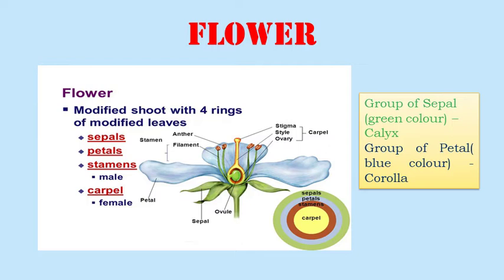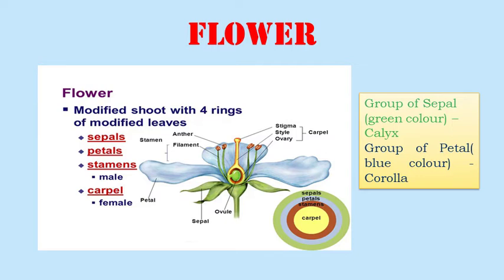Next to the petals we have the stamen. The stamen consists of 2 parts, anther and filament. Have you seen in the diagram the anther and filament? These 2 parts together we term as the stamen. It is a male reproductive organ, and it produces pollen also. So what is pollen? The pollen is the male fertilizing agent of flowering plants.